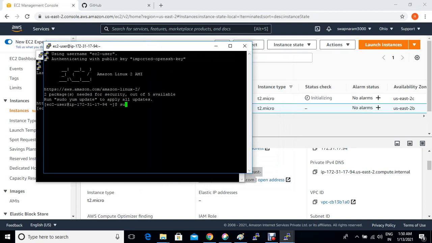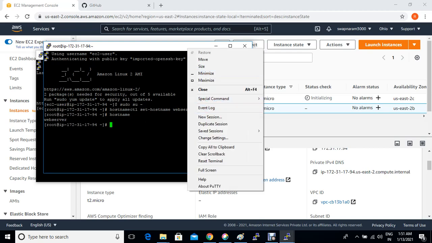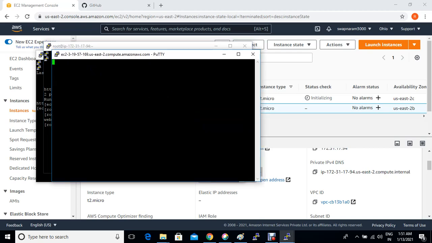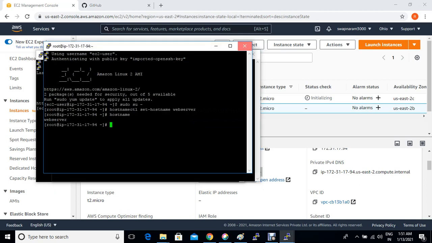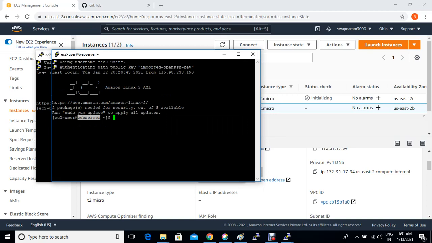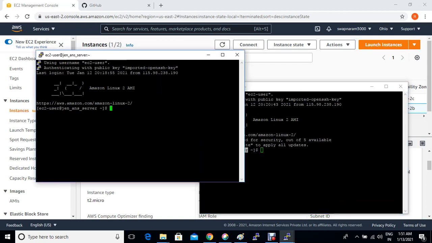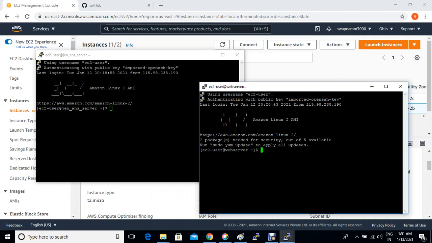Let me change the host name. Set host name and web server host name. Okay, and let me re-log in on this one. So I got the web server, and let me close the other one. So I have two partitions open for this, and then what we do today is